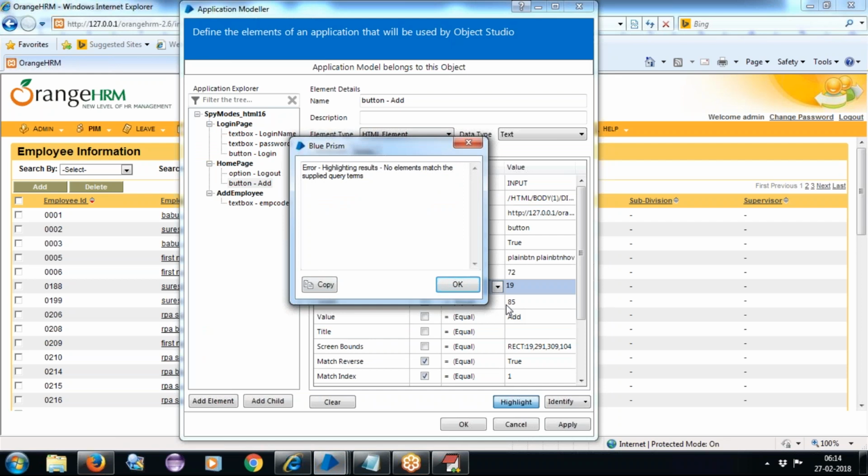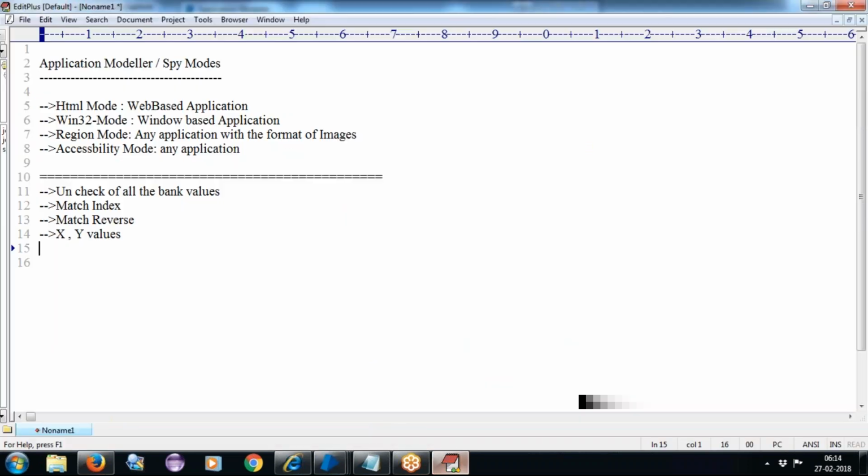So whenever we are trying to identify an element, we need to make different trials one by one. We don't have any other option here. We need to make a trial with each and every option here. Okay, now here, as we tried all these options, still not able to identify the element, then another technique